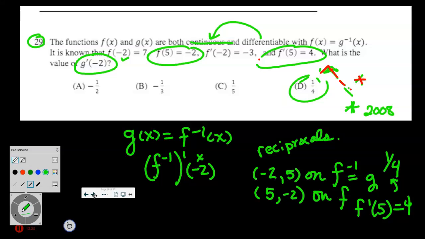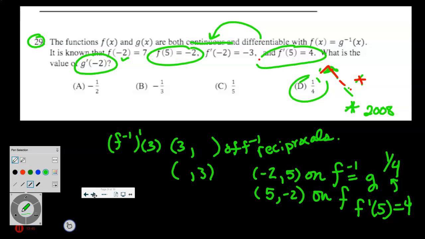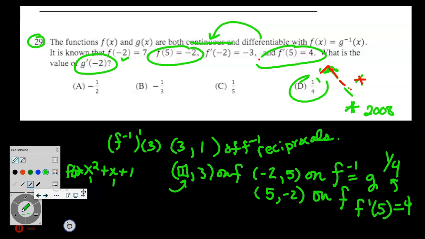There's really no way for me to get it to stick for you except to just keep saying over and over again that if you're doing some inverse function's derivative at some place, it means 3 comma, or that place comma something is on the inverse function, which means something comma 3 is on the original function. This you'll be able to find either off a table, off a graph, or you'll actually say, well, what gets sent to 3 if it's x squared plus x plus 1? And you'd say, well, looks like 1 would. You say, oh, okay. And you'll be able to find the derivative at 1, either off a graph, or off a table, or on this one,